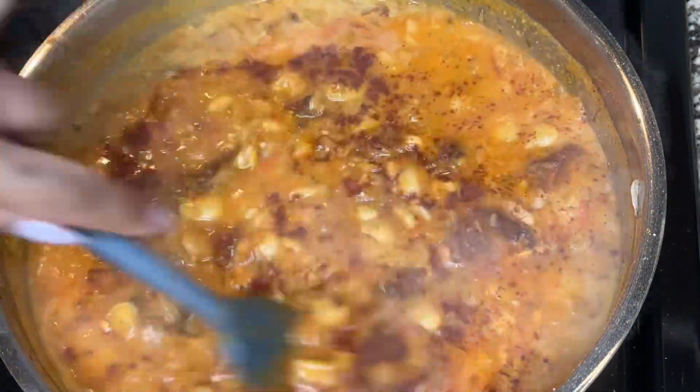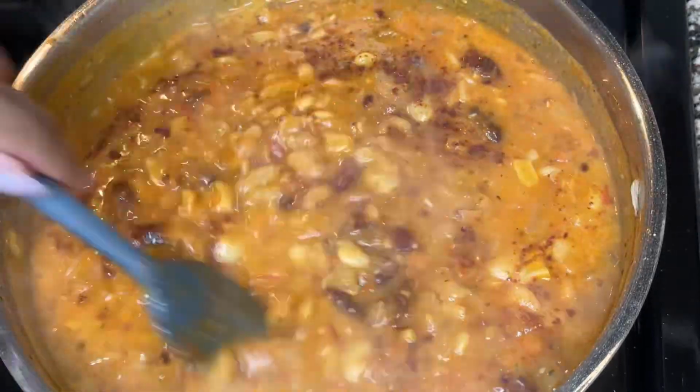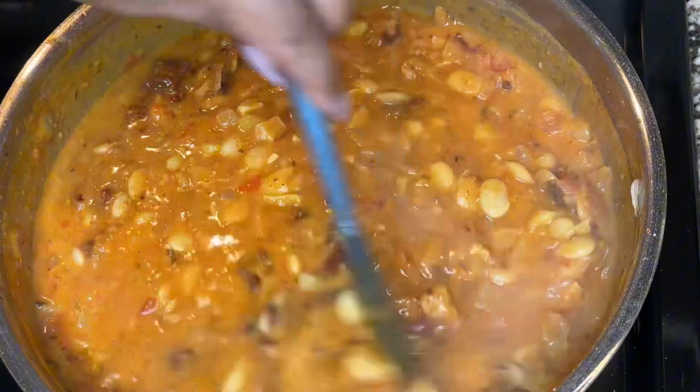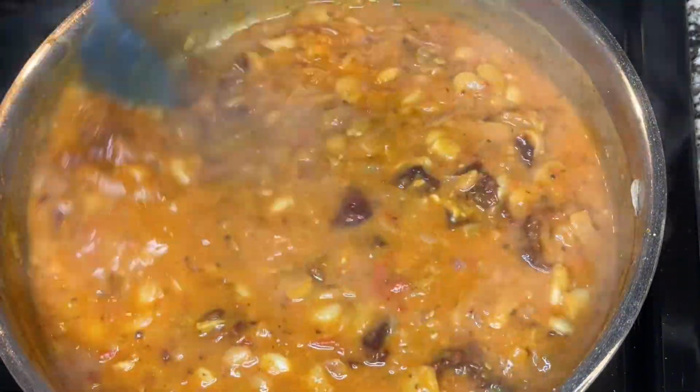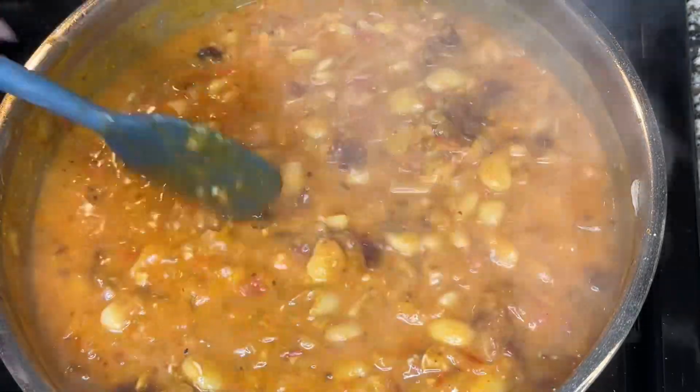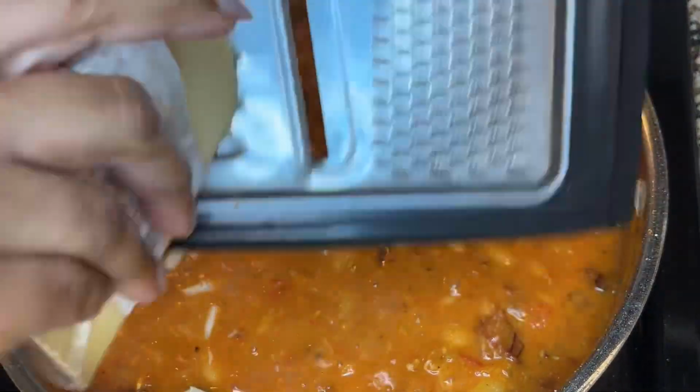So we're just going to keep stirring this all around. As you can tell, it is getting slightly thicker. The more we stir, the more we add new seasonings. You can tell that it's thickening up. And if this is the consistency that you like, go ahead and stop here, but I'm going to add some